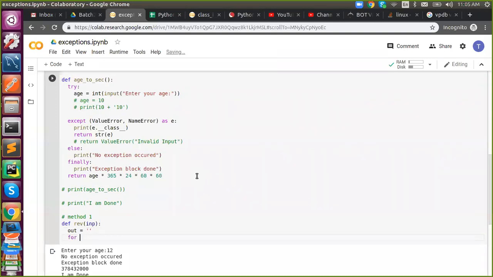Just say for character in INP, what to do? We can take the size of the string, and then I'll show you the simplest way.